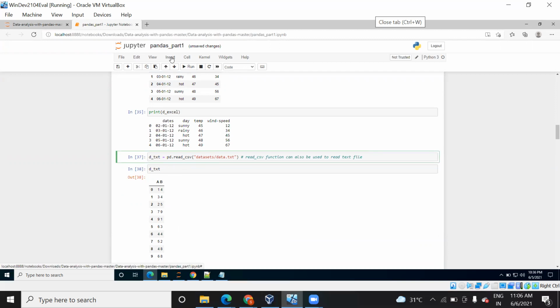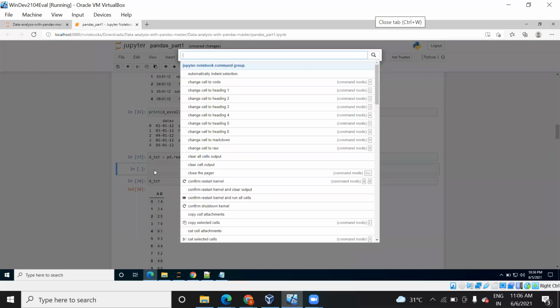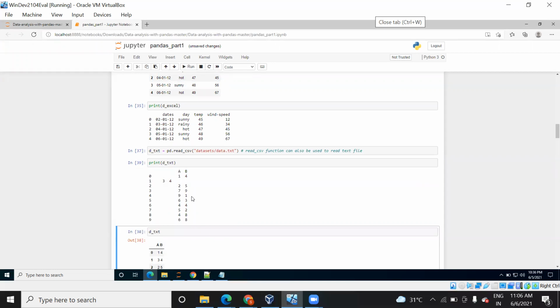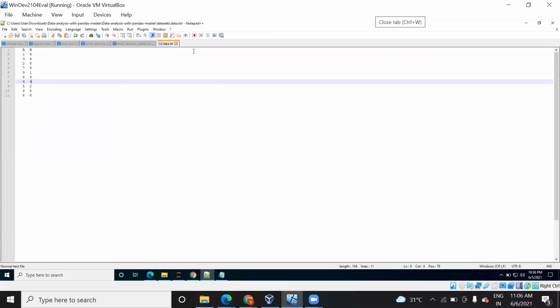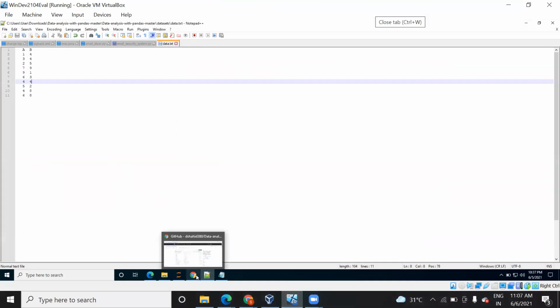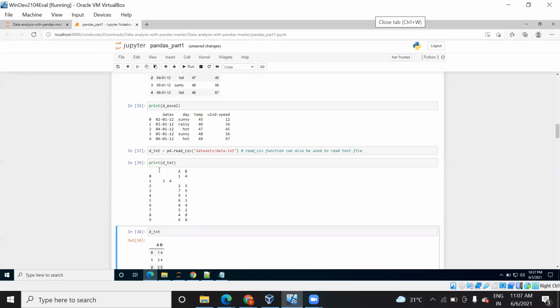If you use the print function, it will come in an uneven format. Let me check whether it is the data. No, the data is not like that. So when you use this, be sure that you use the same variable name, so you will get the data in exact format.